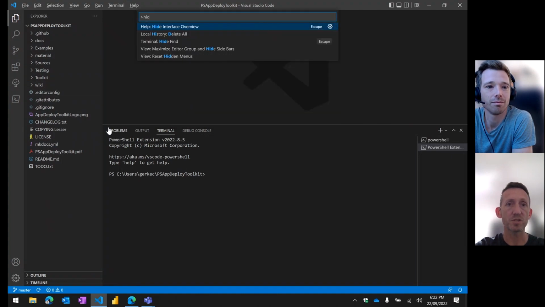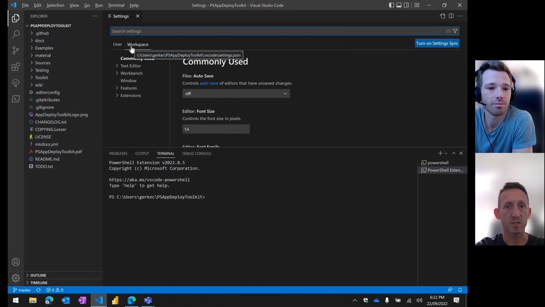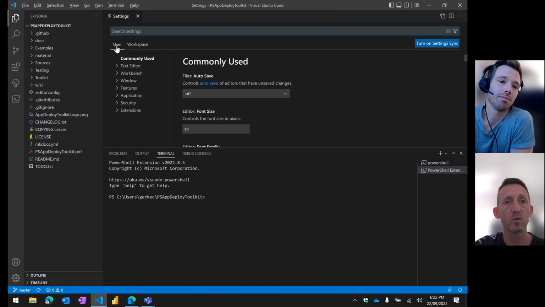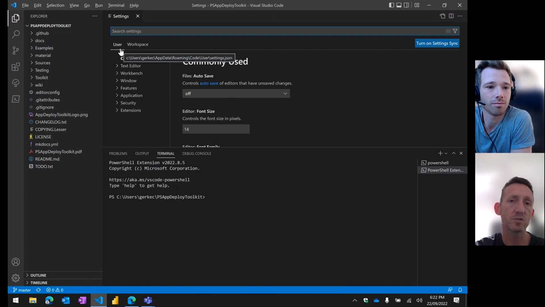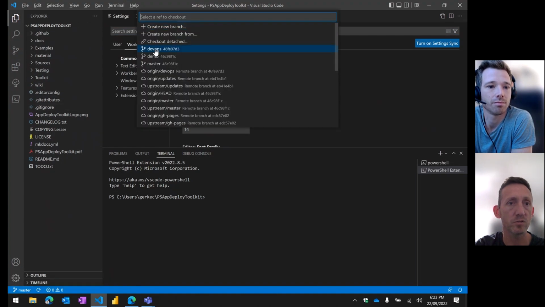So I'm going to go into the menu settings here, and I'm going to say workspace. You'll notice we've got user and workspace for settings. This is the really cool thing about VS Code. I could set up global settings for myself, and it stores its settings in JSON files. If you hover over here, you can see the path to it. But the nicer thing is you can set up settings for the workspace itself, and it'll actually follow the project around. So if we switch back to my Devops branch that I created, you'll notice